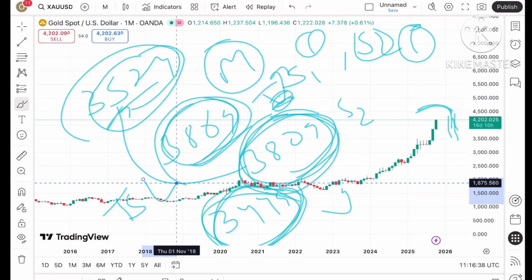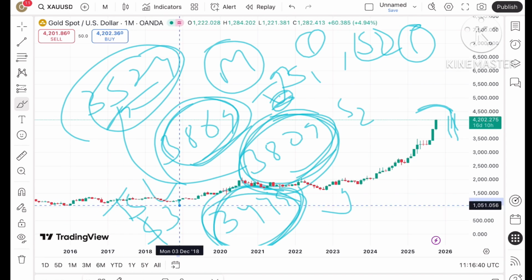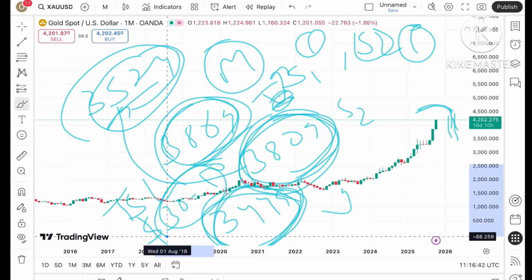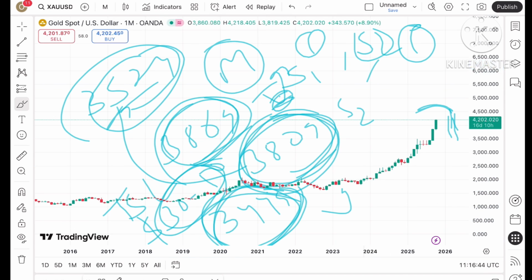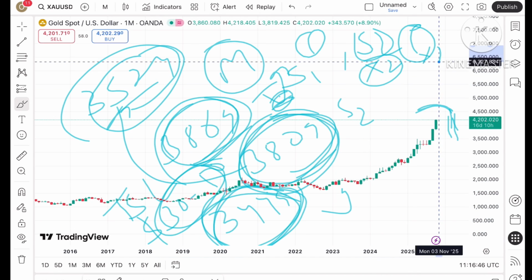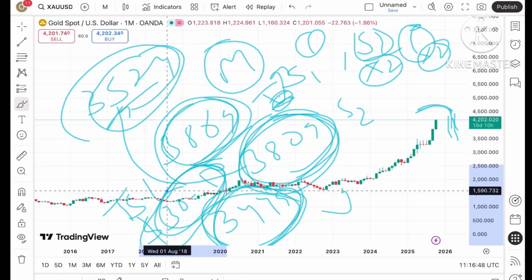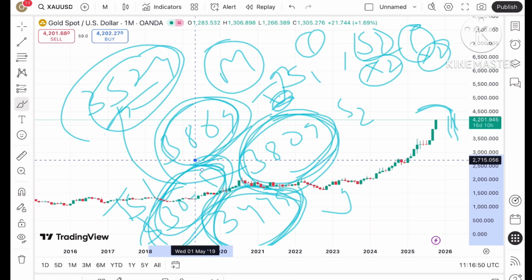Keep trailing your SL. That is very important. Keep trailing your SL by $30 to $50 by reducing your quantity, by putting your SL twice as well as target. Okay, keep your trailing SL at 30 to 40 or $50, so you capture a big movement towards the upside as well as the downside. Okay, downside is this,